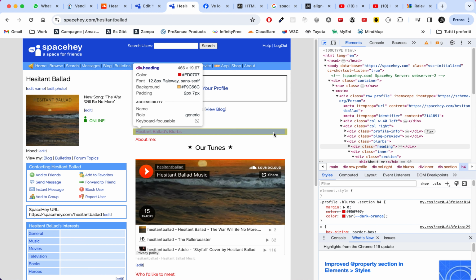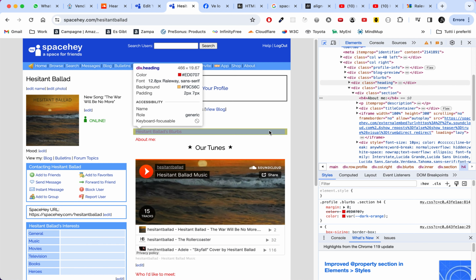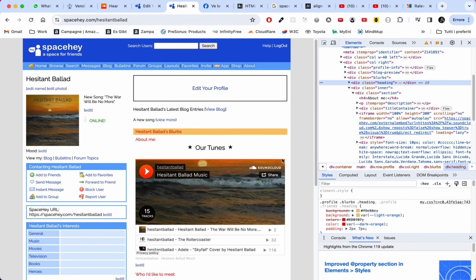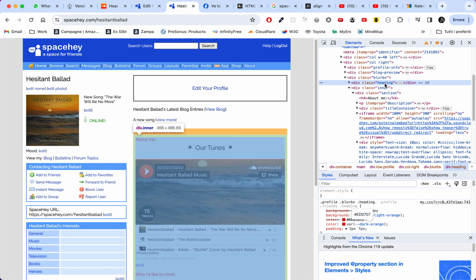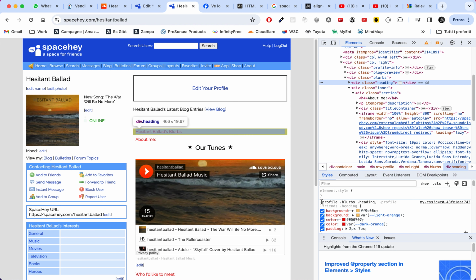So if I click here on this thing, on the right side I see the class, and I see also the complete selector that I have to take in order to style it. So I select and copy it,